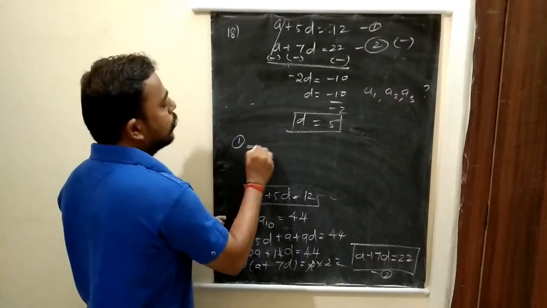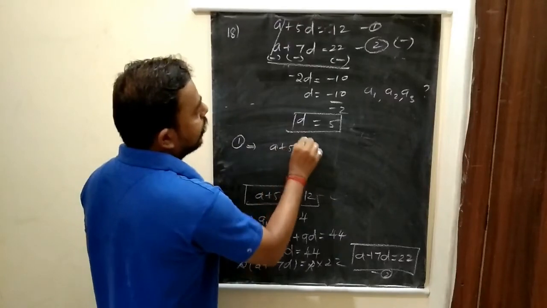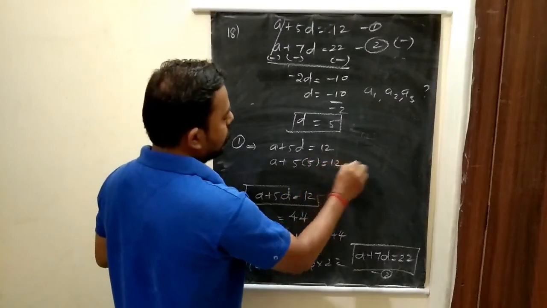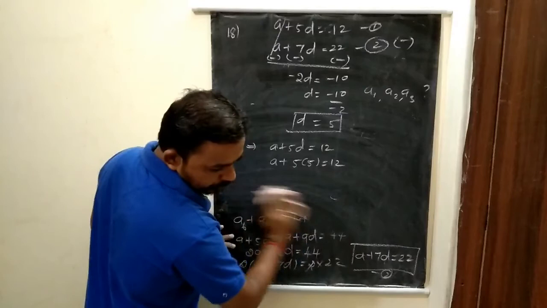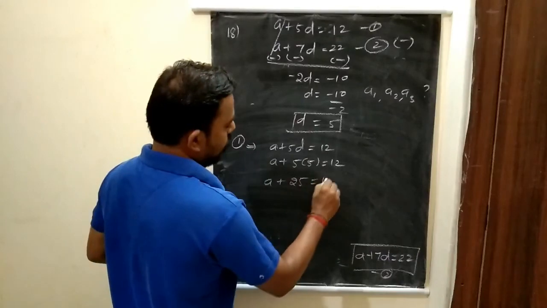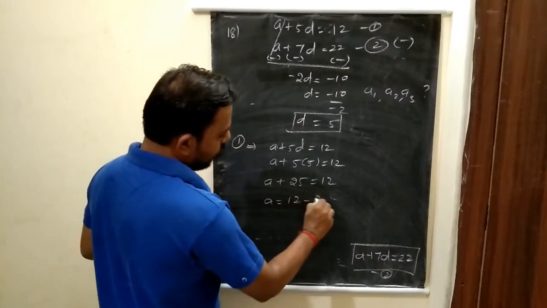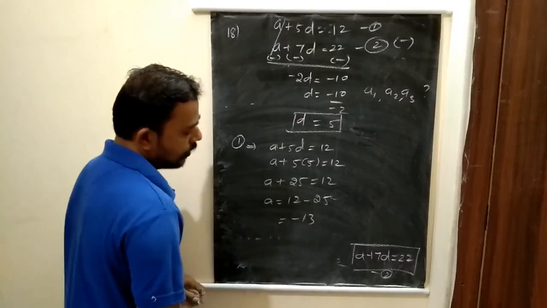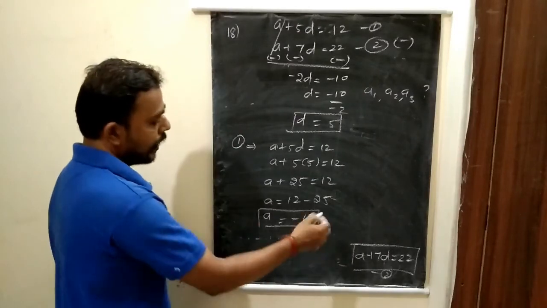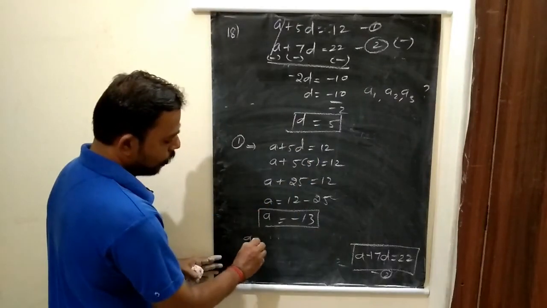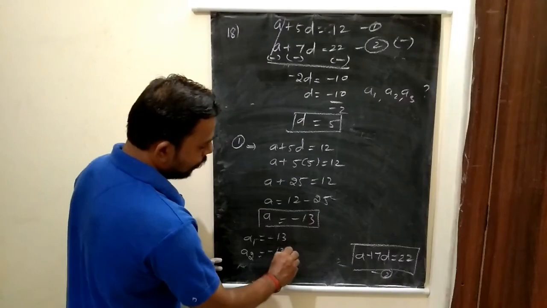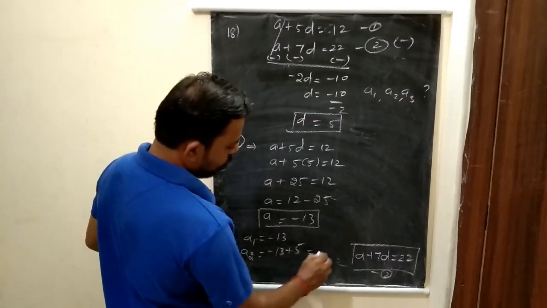So the first equation implies A plus 5D equal to 12. A plus 5 into 5 equal to 12. A plus 25 equal to 12. A equal to 12 minus 25, that is minus 13. So A equal to minus 13 and D equal to 5. So we need to add. So therefore the AP: A1 equal to minus 13, A2 equal to minus 13 plus 5, so equal to minus